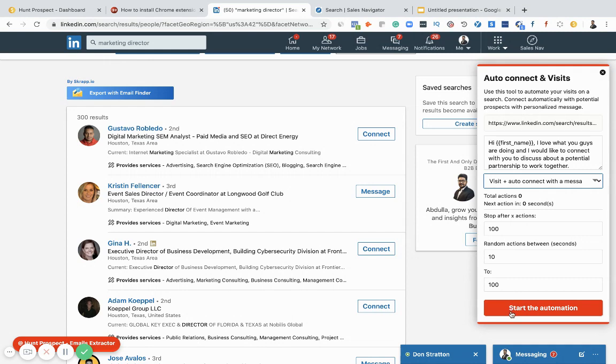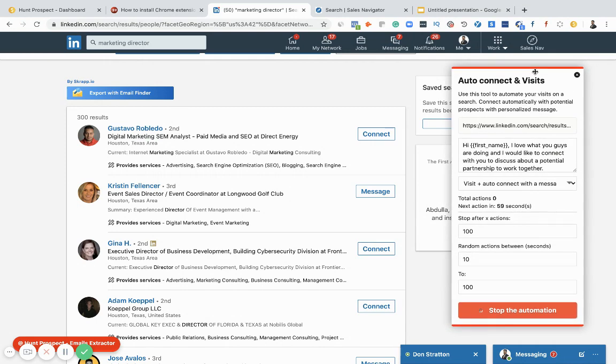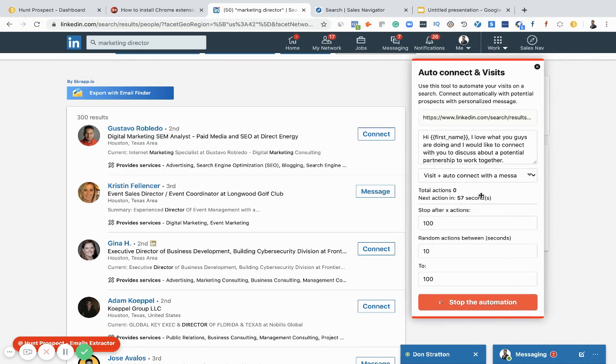Now I'll just show you, just start the automation. What happens is, the tool will automatically go ahead and visit for me, and it will also send the connection message that I want to. What I have seen is, with this, my total connections have crossed 5,000 plus. Each update that I put in my LinkedIn profile has a lot of reach and a lot of people reading my content. So what I see is, there's a lot of potential.